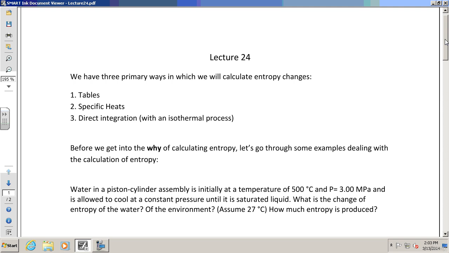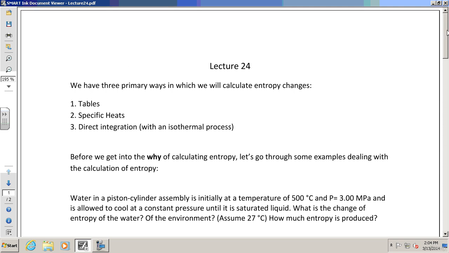And remember what useful energy is, we call it work. If you have two processes, one that creates a little bit of entropy and one that creates a lot of entropy, generally that low entropy process is going to be more efficient. And so that's kind of the guideline that we're going to use.